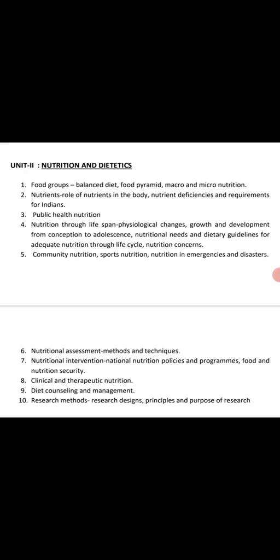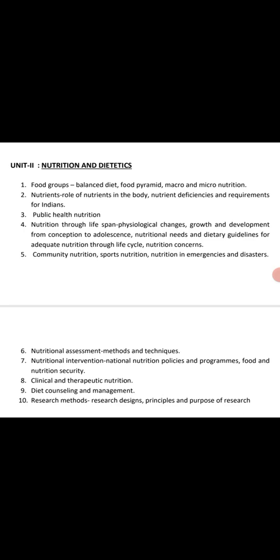In the nutrition and dietetics, we have different food groups in which we consist of food pyramid, macro and micronutrients. Like macronutrients consist of carbohydrates, fats, proteins. Micronutrients consist of minerals, vitamins, etc. Nutrient role of nutrients in the body, nutrient deficiencies like deficiency diseases which occurs due to the